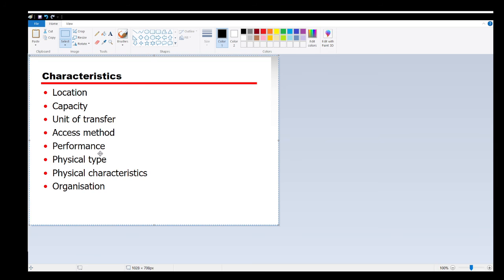The next is about physical type. The common physical types used today are semiconductor memory and magnetic surface memory. And then the last is about organization, that is how it is stored. Depending on how it is organized, whether serially or in a matrix, we have different ways of structuring the memory. So this is about the different characteristics of memory. So in the next session we